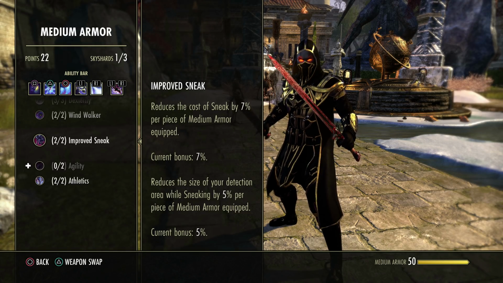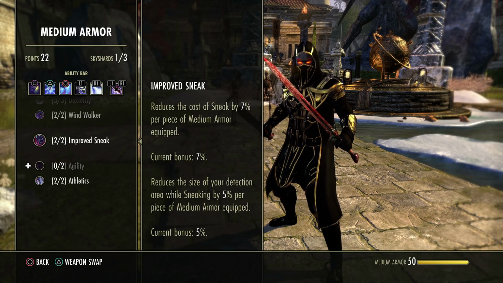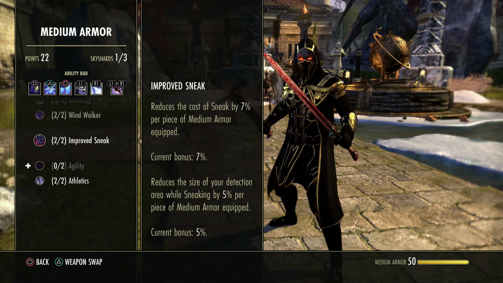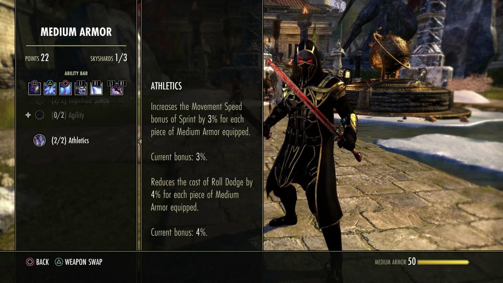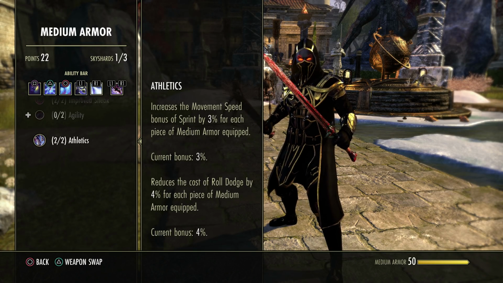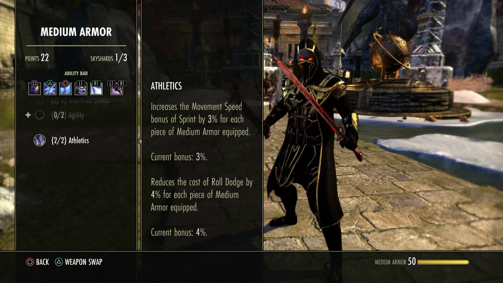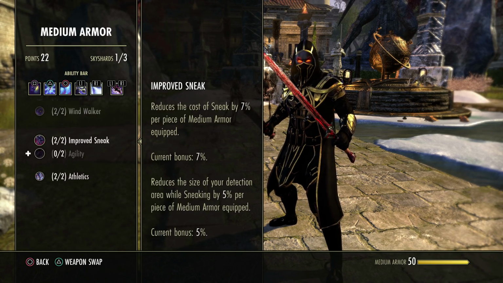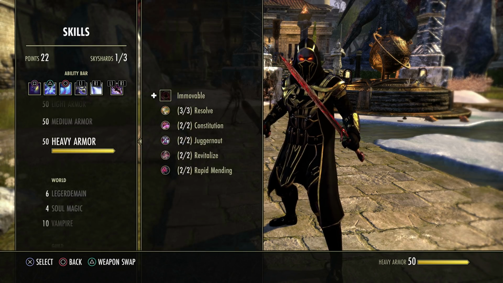Also, reduces the cost of sneak. We are going to be sneaking. We are a vampire. We do sneak at full speed, which I'm going to get to. So this will help, and also a detection radius is reduced as well. And finally, increases your movement speed while sprinting. We don't sprint too much, but it will help. And we do dodge roll, so we like the reduction to cost as well. So these are very, very beneficial, in fact, for your CC type sustain. Very, very important. Above all,